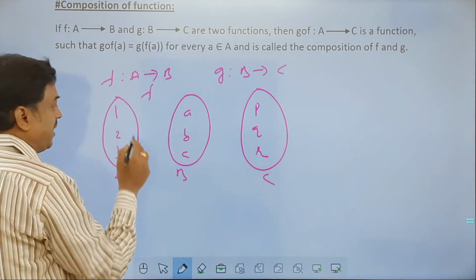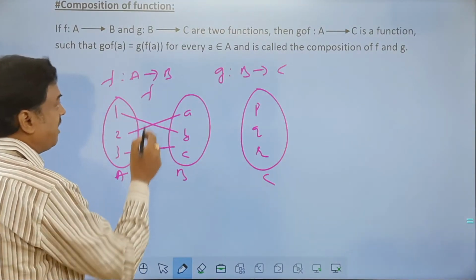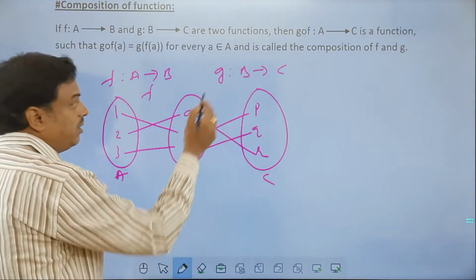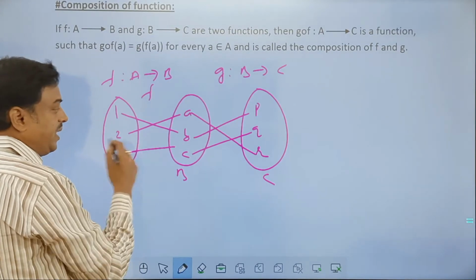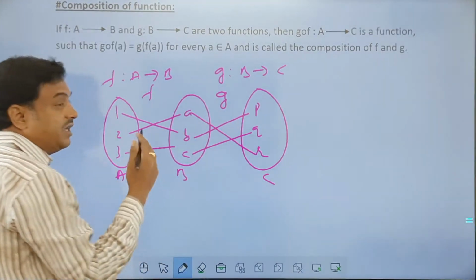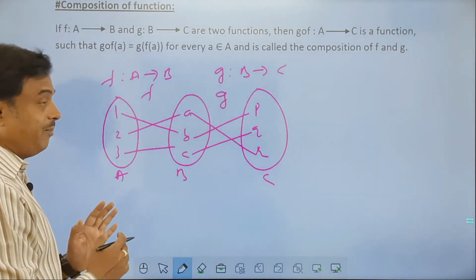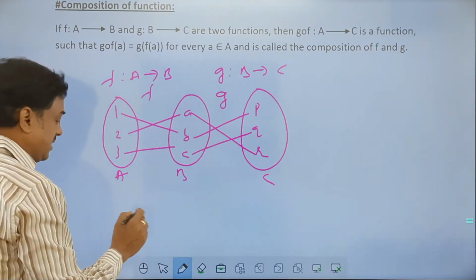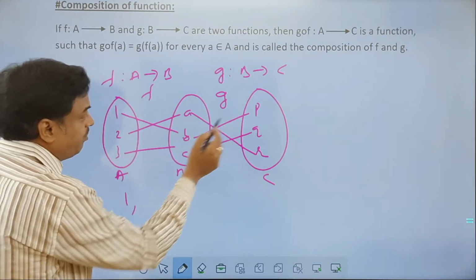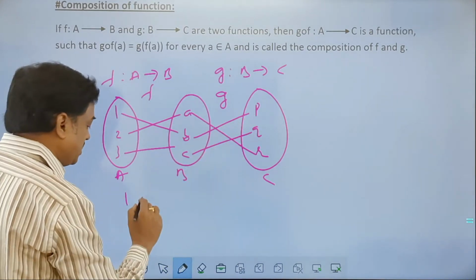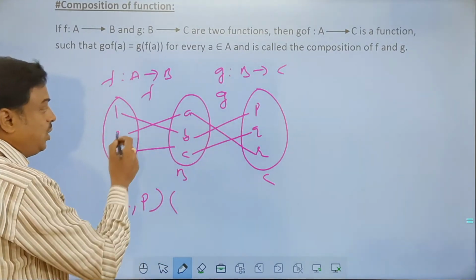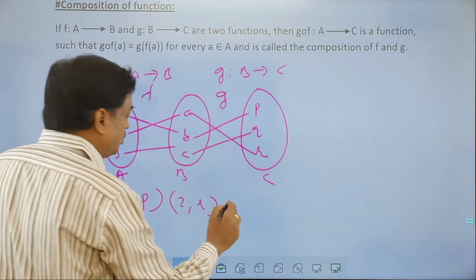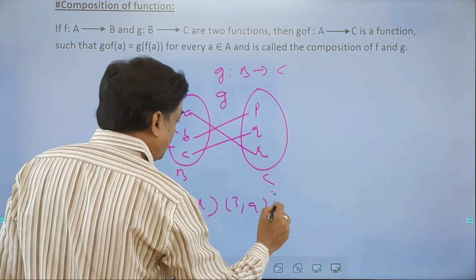Now, if I am mapping in this manner, friend, this is called F mapping A to B. And now if I map it in this manner, this is B to C. This is function F between A and B. Between B and C, it is function G. Now what is technically happening? This set to this set you are mapping. Final outcome: 1 to B and B to Q. So sorry, B to P. So it is 1 to P. Then 2 to A to R. So 2 to R finally, and 3 to C, C to Q. So it is 3 to Q that you get here.